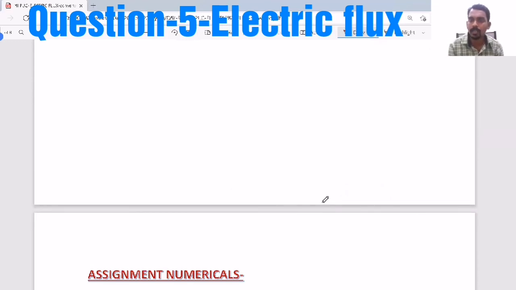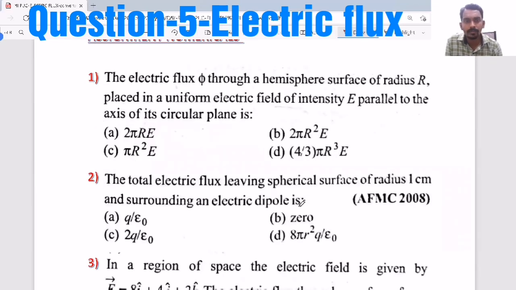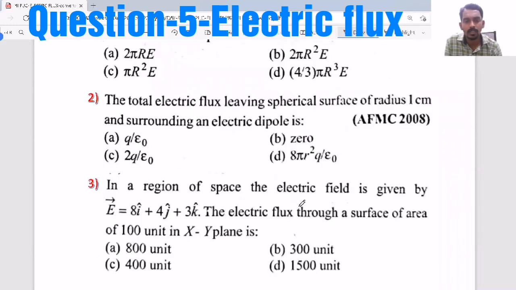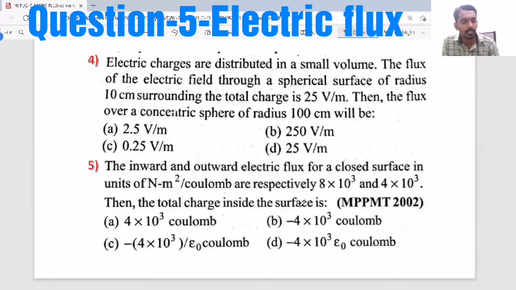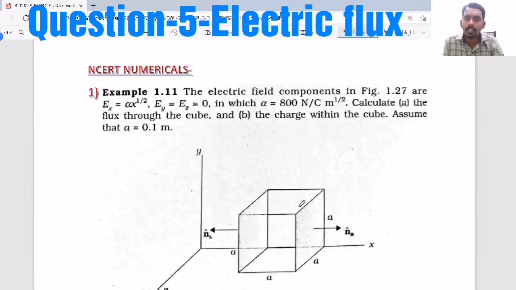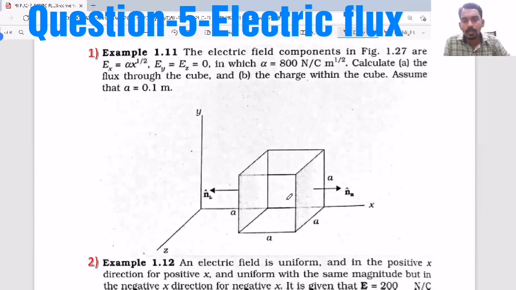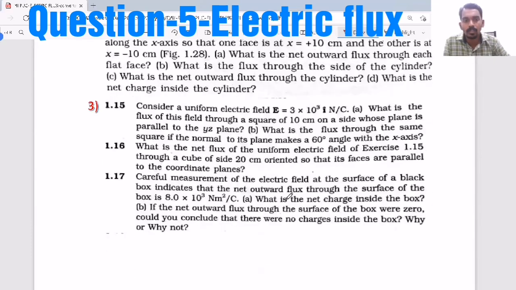This is how you have to deal with the electric flux. Either you can calculate directly from the simple mathematical formula, or you can calculate from the Gauss law, phi net equal to Q net by epsilon naught, or you may have to imagine the Gaussian surface and solve the question. And I also added assignment questions, similar questions based on whatever we have solved. So please just try to solve the questions so that you will get the idea. And after that, there are a lot of questions given even in NCERT also, because it is one of the very, very important topics. So please go through these numericals which are given in the NCERT book.